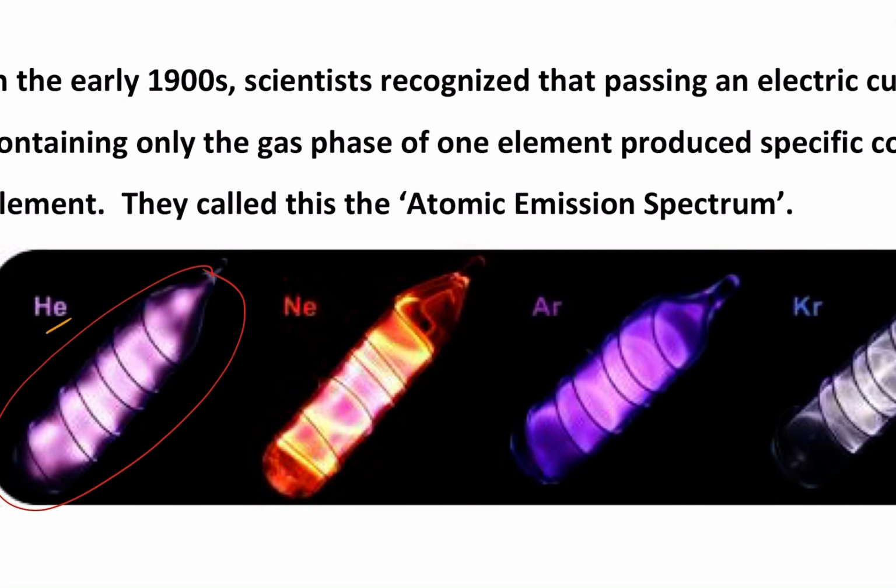Helium has 2 electrons. Neon has 10 electrons. All those electrons are jumping into all the other levels. They can't jump into a level that's already full. So sometimes they have to wait their turn. But this is continuously happening. They're continuously jumping, continuously dropping. And so what you end up seeing